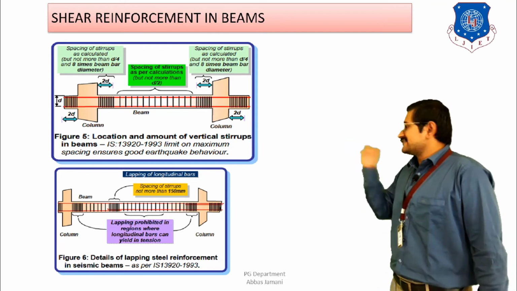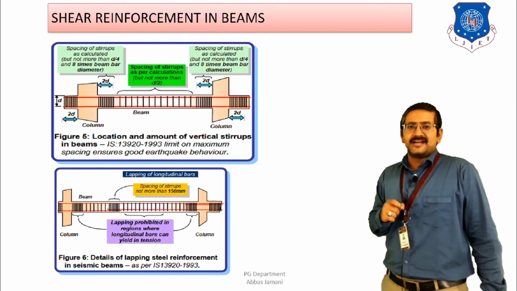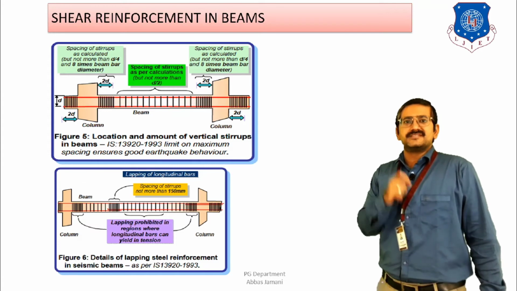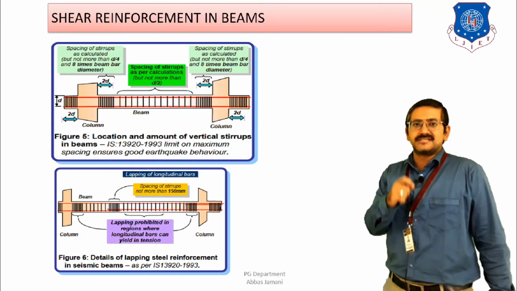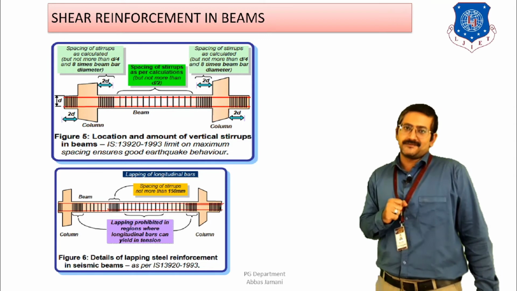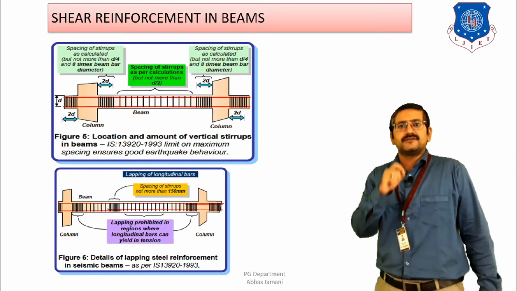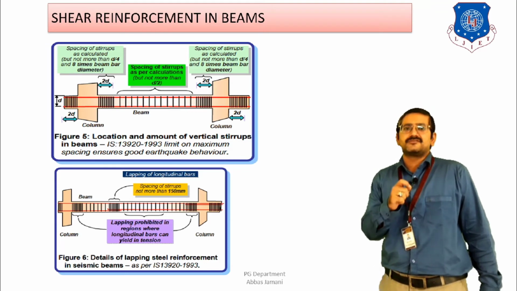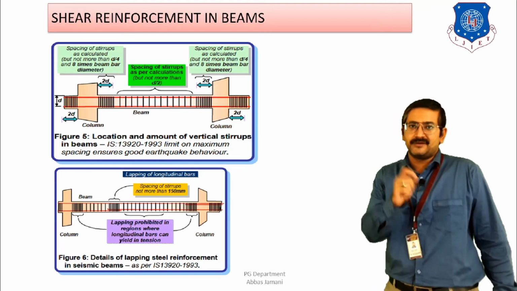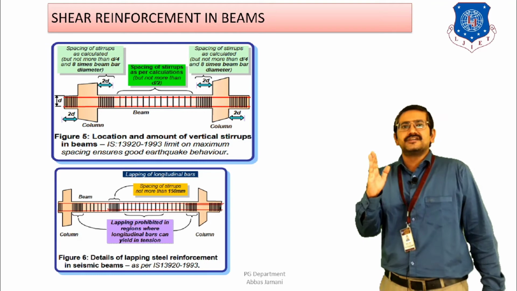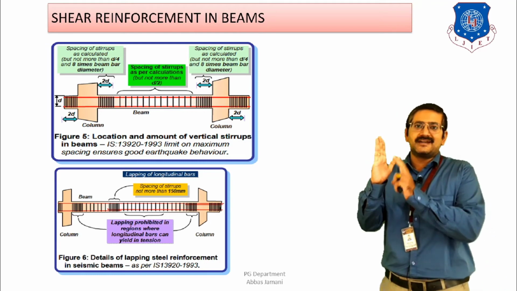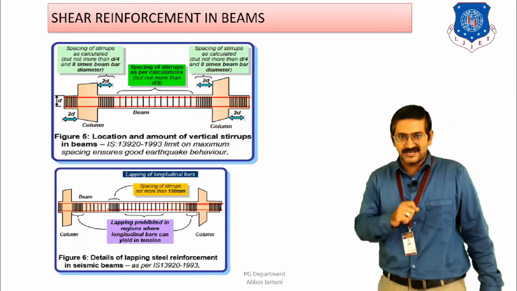Now if I look at the figure closely, the closed loops are provided, but the question that comes is what should be the spacing of these loops, right? For the selection of spacing, again 3 guidelines are provided. First is that the location of the first loop or the first stirrup from the face of the column should be at least 50 mm apart, right? From the face of the column, the first ring should be at least 50 mm apart. That is the first guideline.